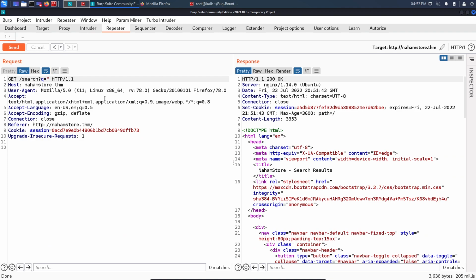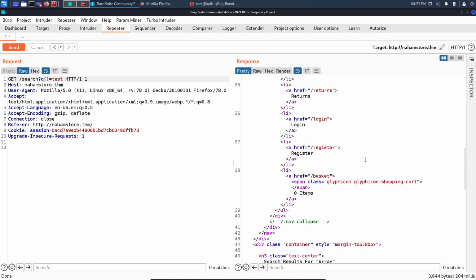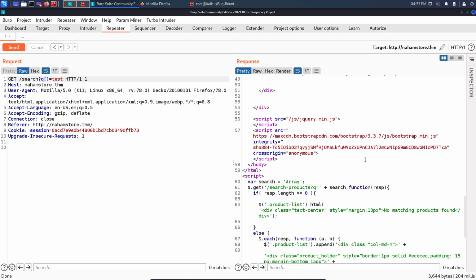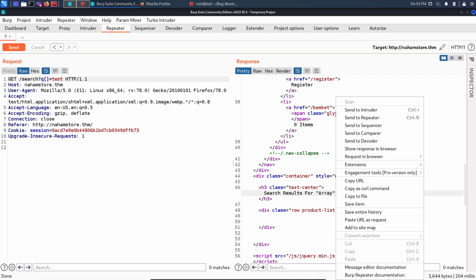Now what else you can do is, let's say I go to my Repeater right here. The other thing you can do is, there is a q parameter, so you can try to change it into an array, like this, and let's say test. So now hit send. Again I'm having a 200, okay, but let's see what it gives now. So it says search results for array. So this looks interesting as well, and you can see right here this is a strange behavior because I didn't